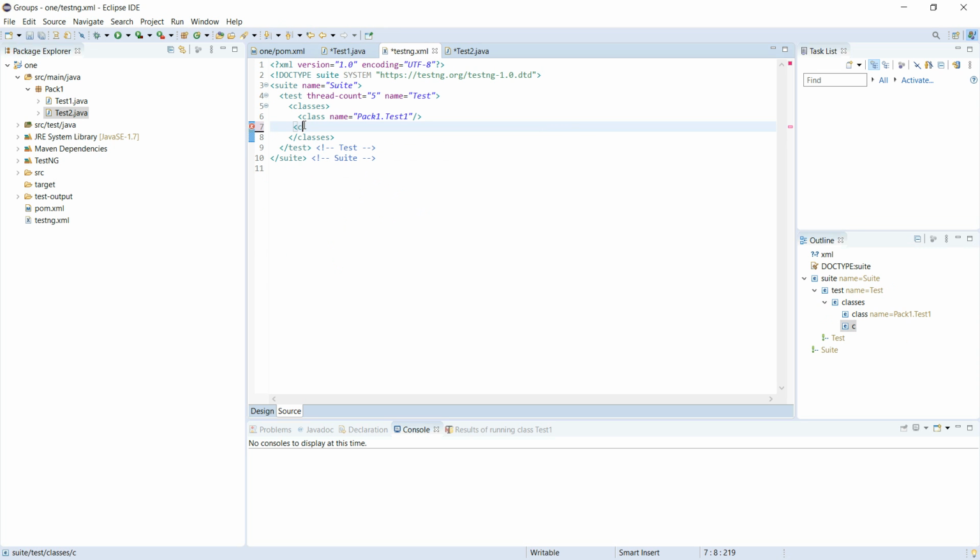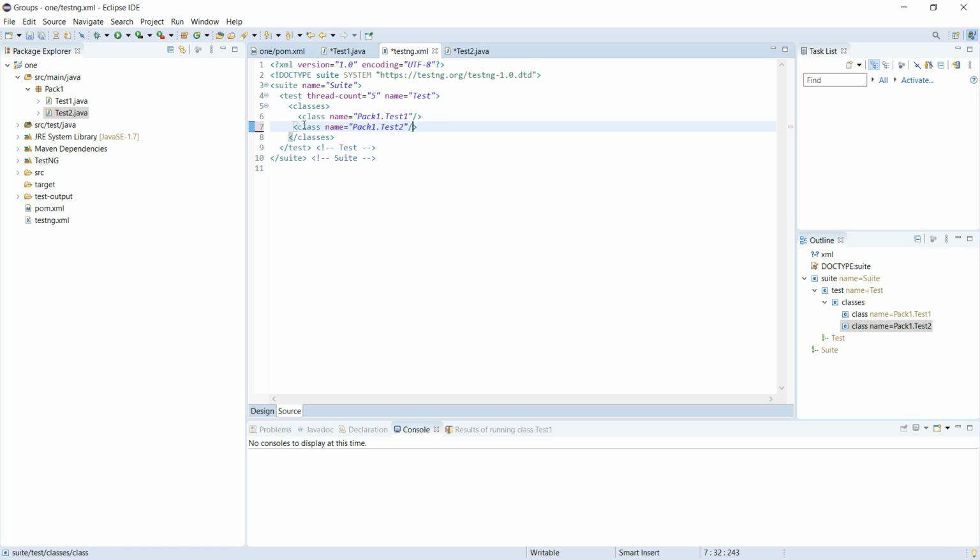So that is class 1, and class 2. Always we should write the package name dot test class name. So that is pack1 dot test2. So we should close the bracket.